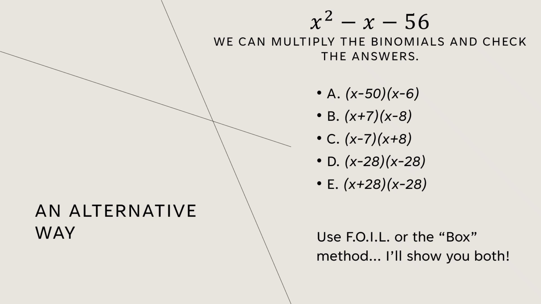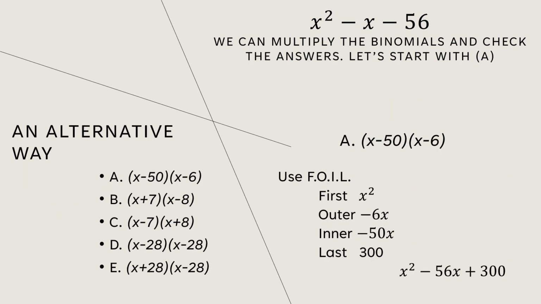Now there's another way that we can find the answer. We can actually start by checking the answers to see if we end up with the trinomial. And you can do this using the FOIL or the box method, and I'm going to go ahead and show you both. So the FOIL method means that first you multiply the first 2,